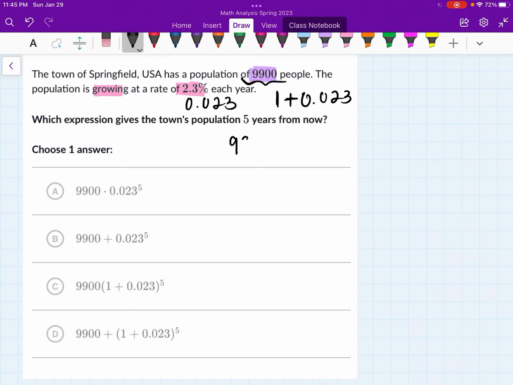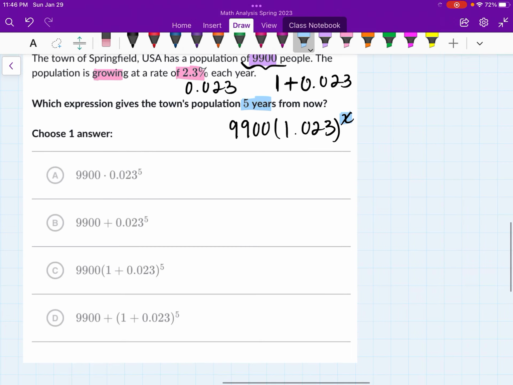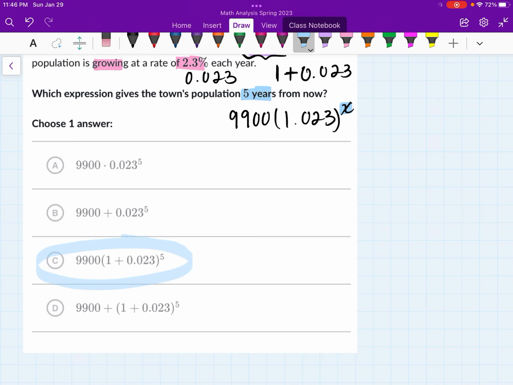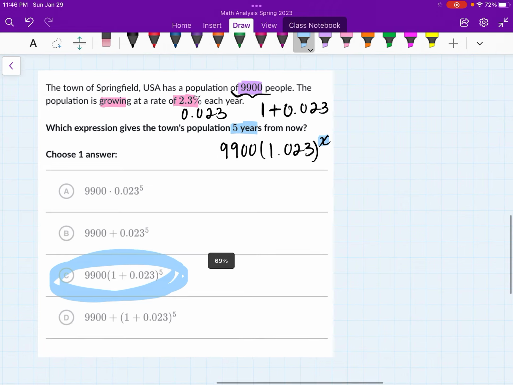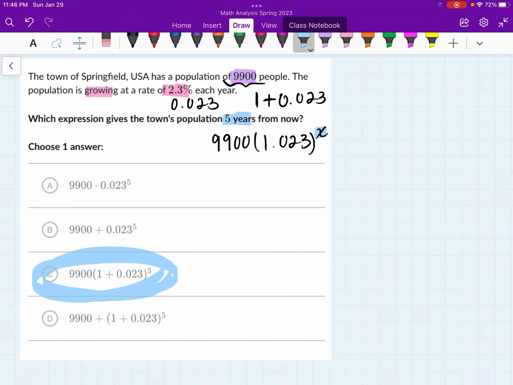So I should have 9,900 times 1.023 raised to however many years, which in this case is 5 years. So the only one that appears to be showing that here is this one, because it's the 1 plus 0.023 to the 5th power, and we do have to multiply it by our initial value. So in this case, that would be our